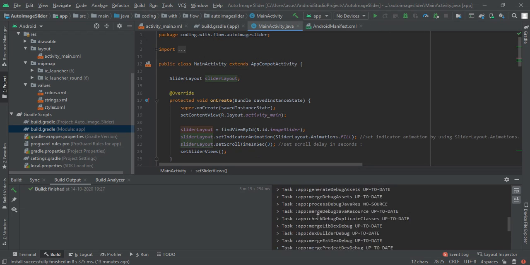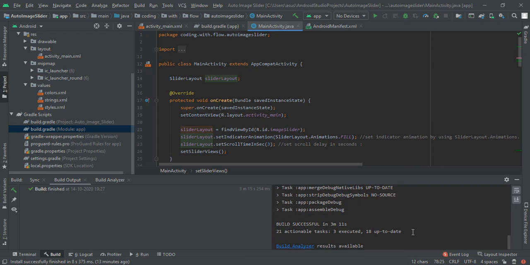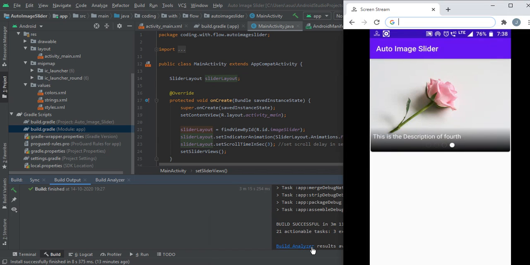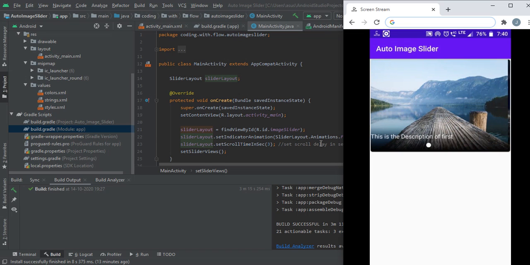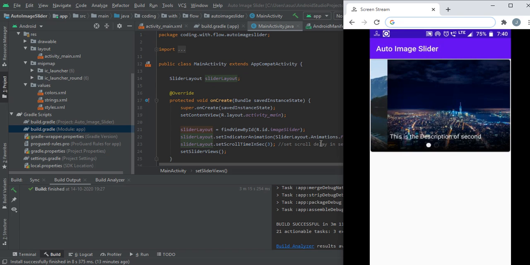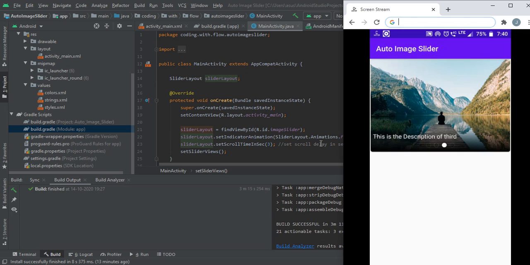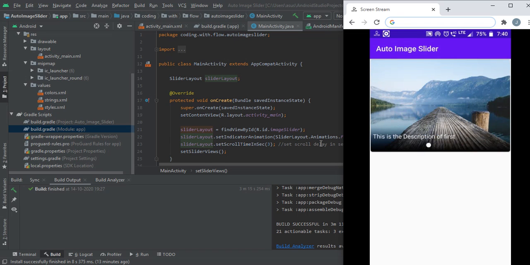After that you will see these long messages. It will take some time to build. I had already run it on my Android, so let's see how it looks. First of all this is our first image, and when we click on it, it says this is first activity and our description is shown here. This is the description of first, second, third and fourth. We can also manually scroll it without the device hanging,